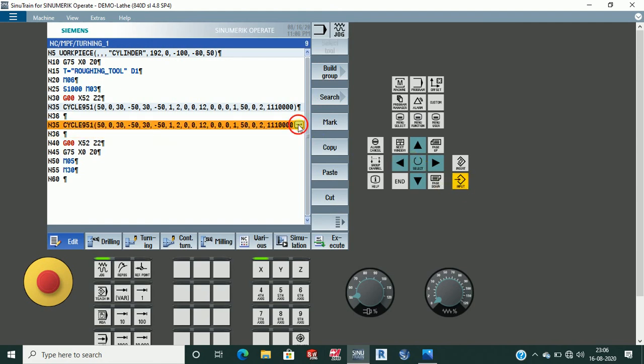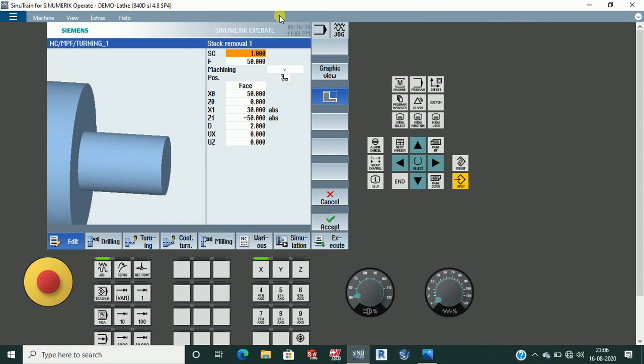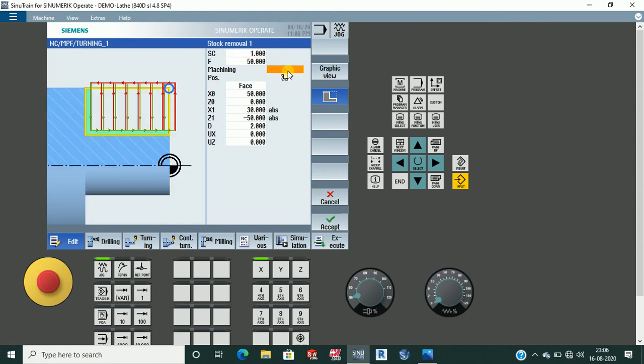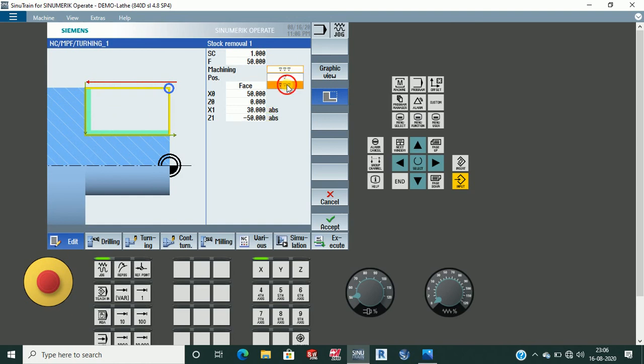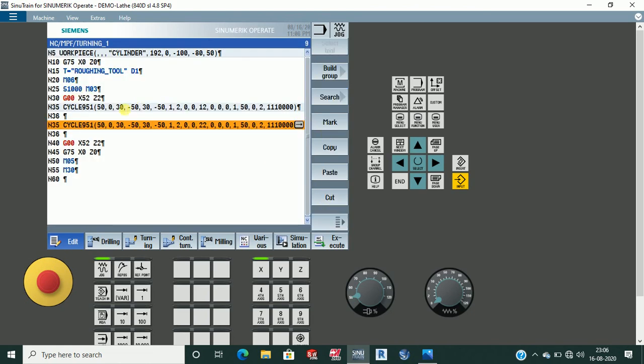Now we are going to do the finishing. Just click on finishing. The same settings remain the same, everything stays. Now see the simulation.